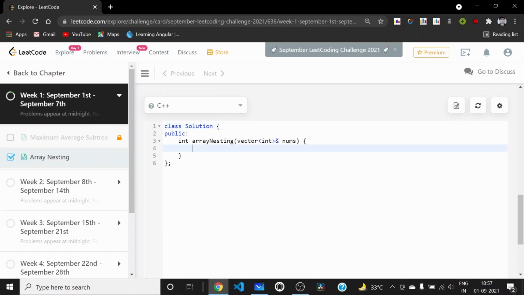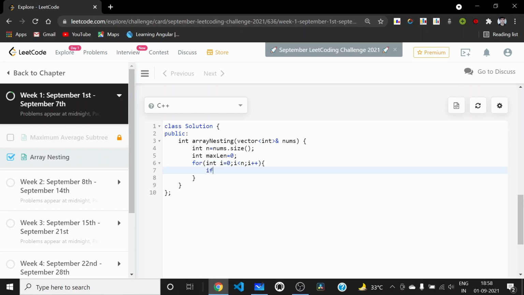The implementation is quite straightforward. We can have the num size as n, and then a variable for the maximum length, and now we can start iterating throughout the array.